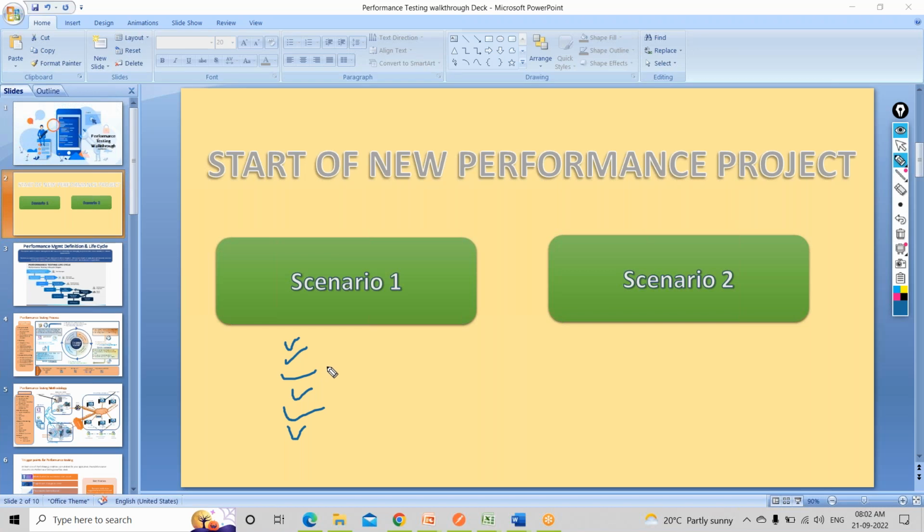So like that, he's aware of all those things, and he can directly say, okay, can you please do these things? And we are also aware of them, so we can go ahead and start our process. Okay, so this is one scenario.